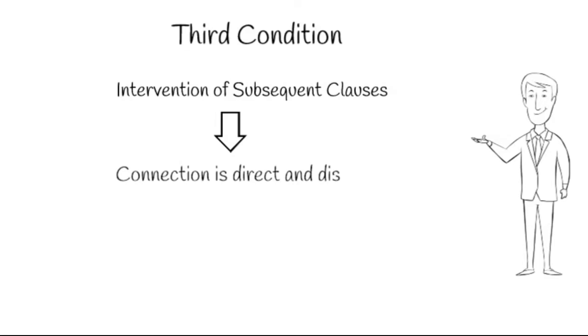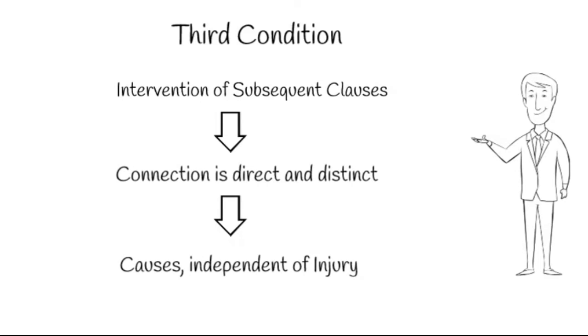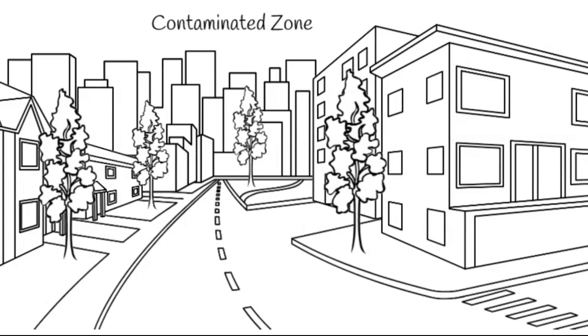So, though the connection between the death and the injury is direct and distinct, other causes which are independent of the injury may intervene to prevent death from being treated as homicide in law. So, let's understand this point with an example. For instance, Mr. A is aware that the immunity of Mr. B, who is his enemy, will easily catch COVID. He induces him to walk down through a particular containment zone, where there are huge chances. Mr. B actually walks down the lane, and eventually dies.